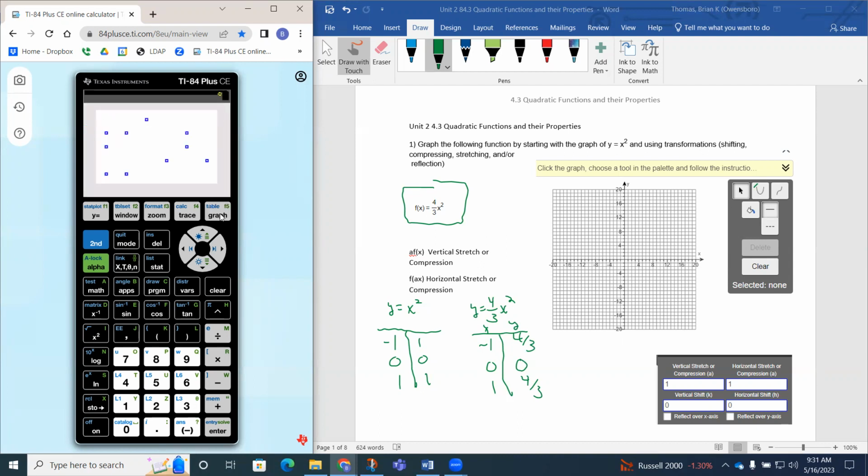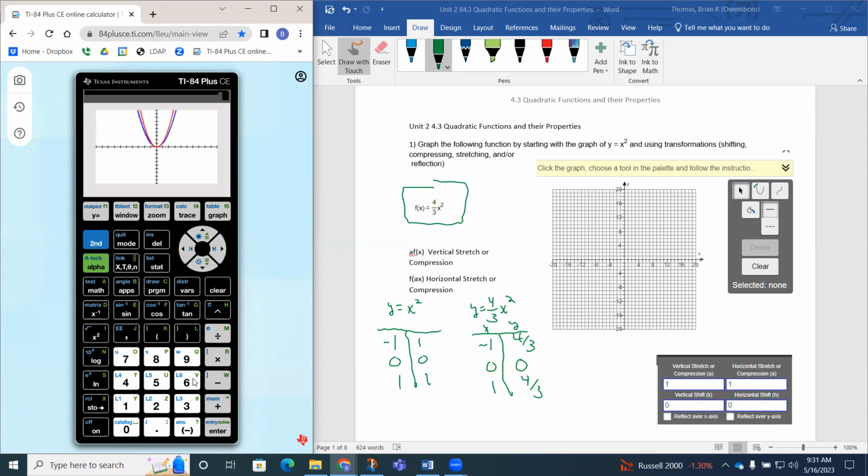If I then graph this, oops, I still got my step plot on. So if I go back to y equals, see where it says plot 1 up here. If we highlight that plot 1 and hit enter, it'll remove that plot 1. If I graph it, still don't see anything. Well, remember when we did the stat plots, it changed our viewing window. So if I go to zoom, if I change my window back to standard number 6,